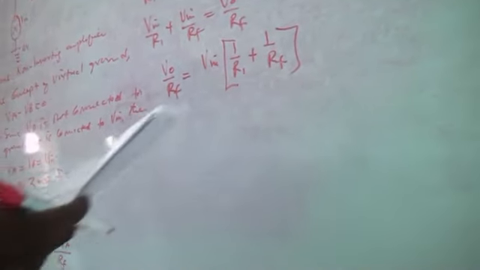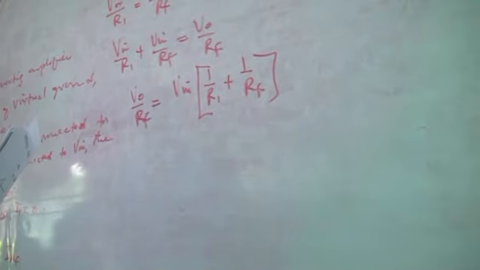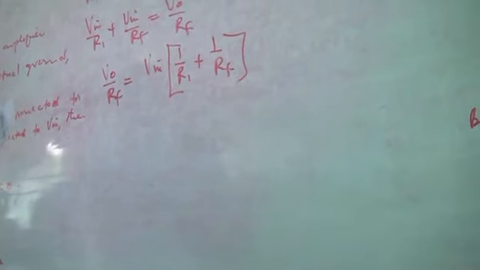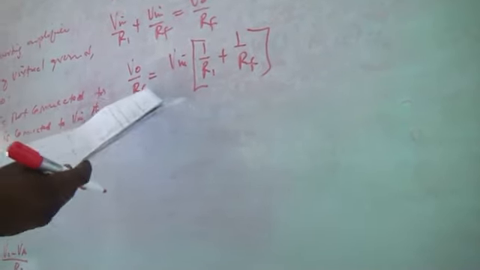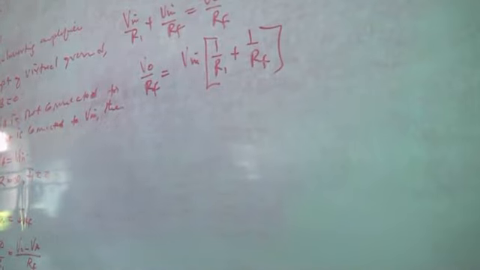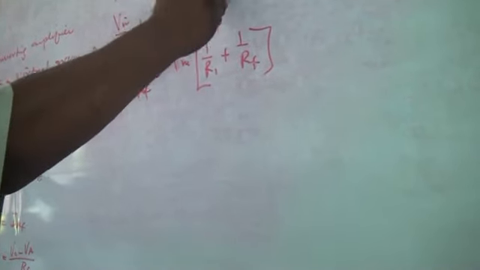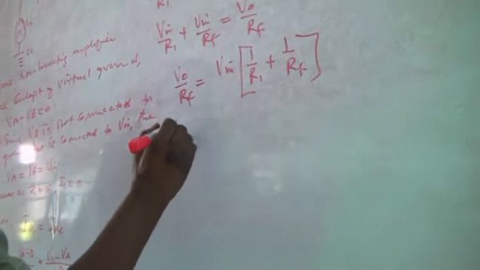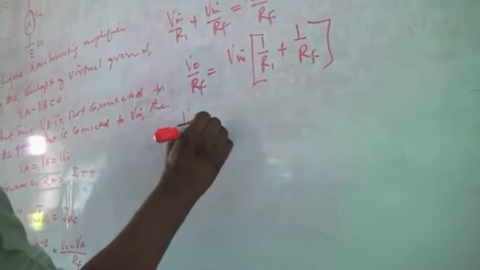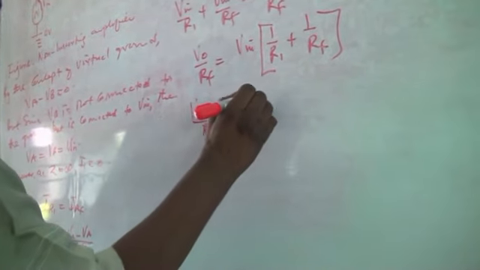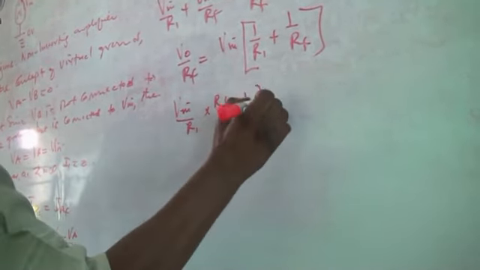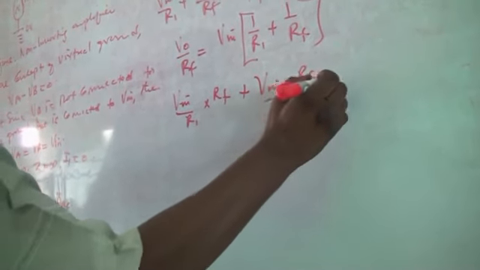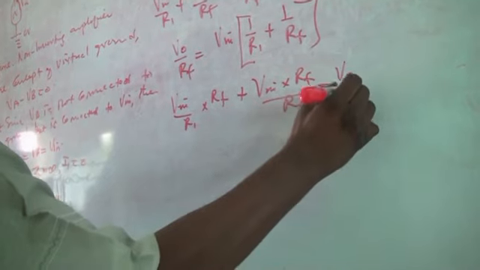So if you have something like this and you decide that you want to eliminate the RF, how are you going to eliminate it? We can even come back to this equation and eliminate the RF by saying V in over R1 times RF plus, for those that may not understand, V in times RF all over what? RF equals to V naught over RF